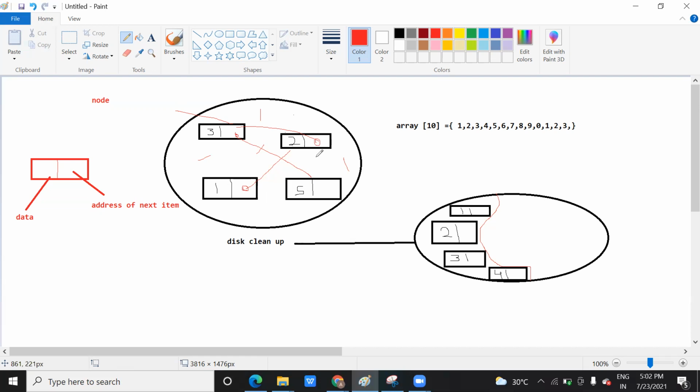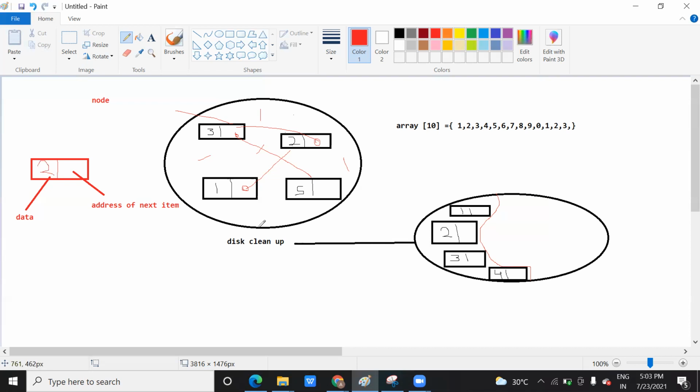So remember, linked list means what? Linked list is saving the data in the form of nodes, where each node is divided into two parts. The first part holds the data, suppose it is holding 2, and the other part holds the address of the next node. Just like in a housing board colony or in a society, each house has a number, right? A block, B block, C block. So if you reach house number 101, then you know that after 101, 102 will come. So obviously you will look for a nearby sequence only, right? So approaching based on the address, this is how a linked list works.